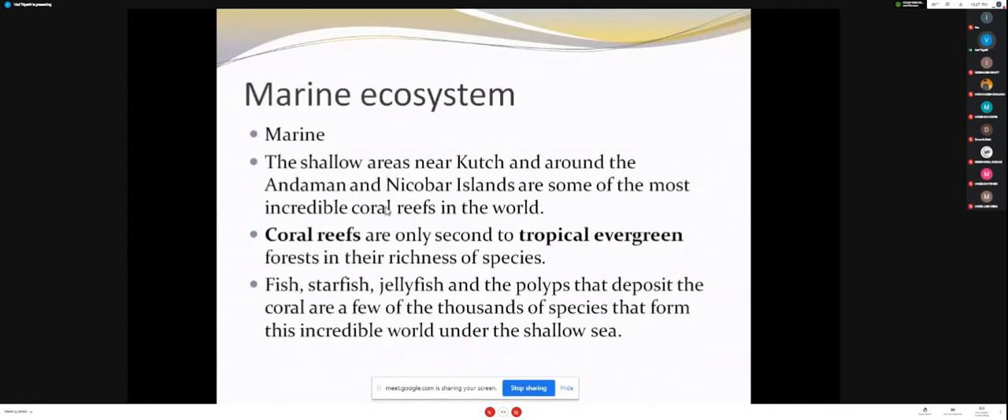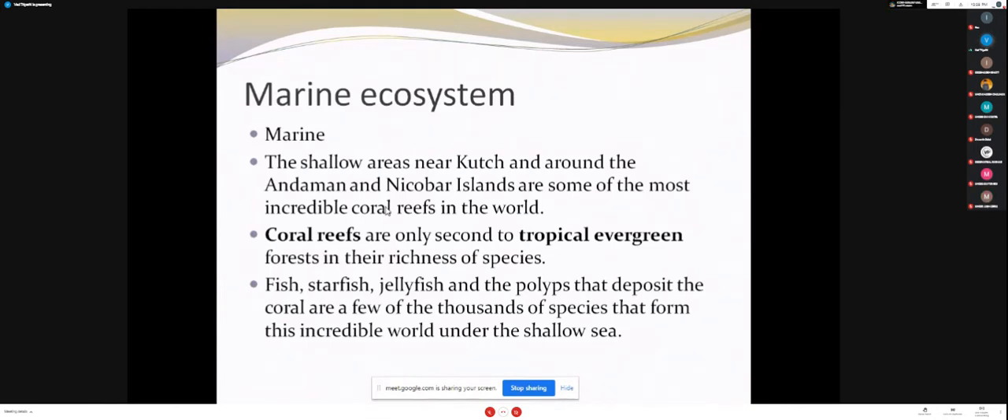Then we have the marine ecosystem. The shallow areas near Kutch and around the Andaman and Nicobar Islands, even near Lakshadweep, support coral reefs. So in the marine ecosystem, we have coral reef ecosystems, one type of marine ecosystem, and they are only second to the tropical evergreen forest in their